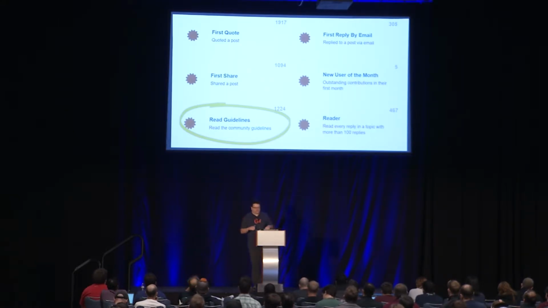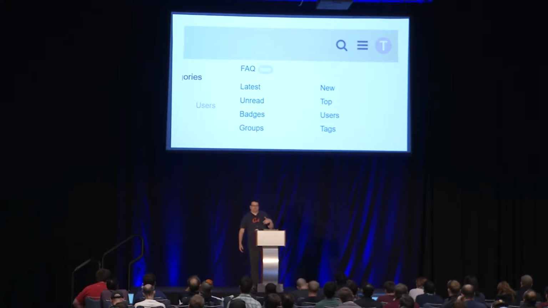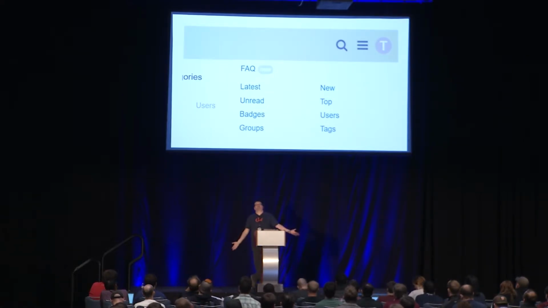Now, there's a bunch of other badges you can get, but this is a way to encourage the right behavior, which is at least, hey, did you even look at the rules that we have before you came here? The other thing we do is on the hamburger menu, where you hide all the other options in your software, we put a little indicator on the FAQ, which is the rules. If you're the type of person that likes to clear indicators, which I do because I'm OCD, then you can clear this indicator by clicking here and reading about our rules.